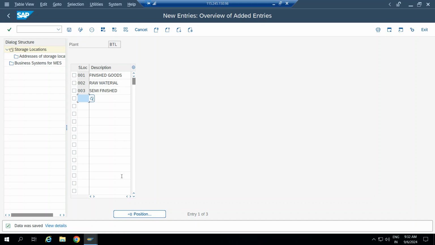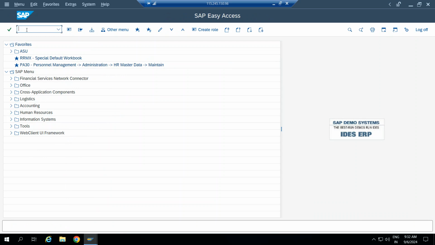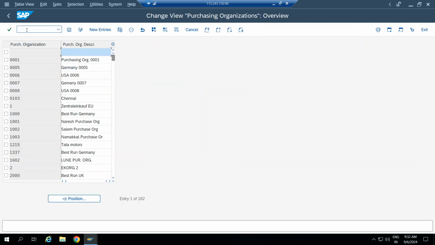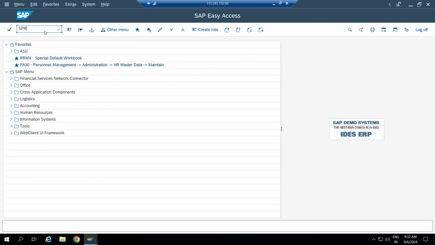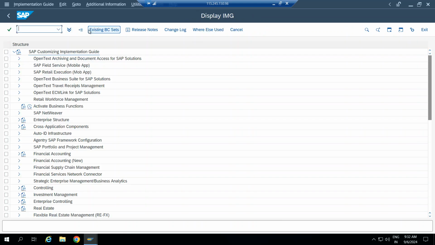And now my next step is to create a purchase organization. So basically in an organization there is a department that usually does all the purchasing for the organization, and we call it a purchase organization. So directly go to the home screen, and the code for the purchase organization is OX08, right? So this is the screen, and for the proper path, if I show you again, you need to go to the SPRO, SAP reference IMG, enterprise structure,